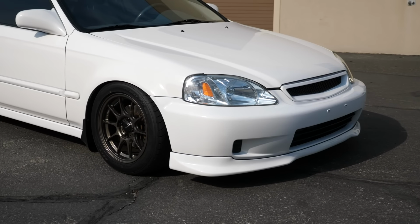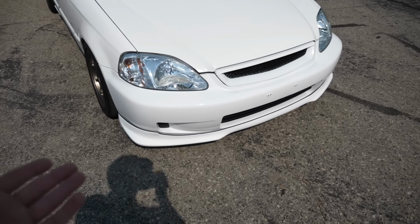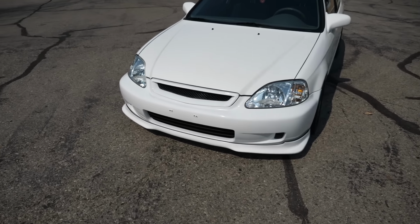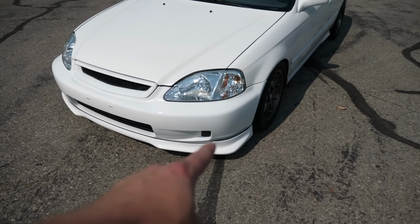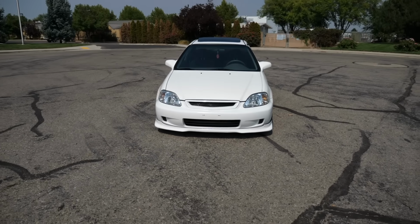This lip is from eBay. It's called the RA style front lip. I had never really seen it on many other Civics. I thought it looked kind of interesting, so I thought, why the hell not? Let's try it and see what happens. And I didn't really like it at first. Honestly, the fitment's not perfect on it. It is an eBay front lip. You can kind of see the gap there, but from a distance, I think it works and I think it